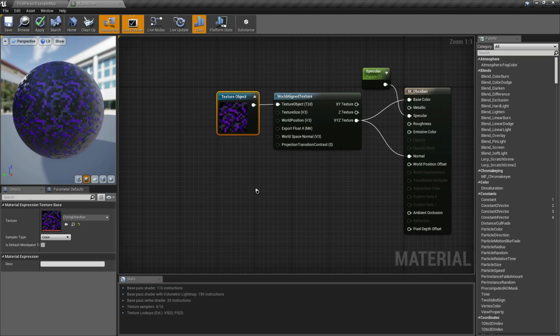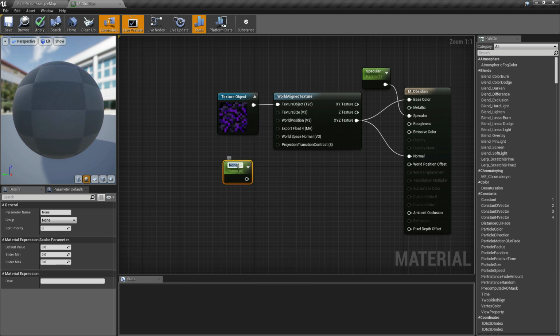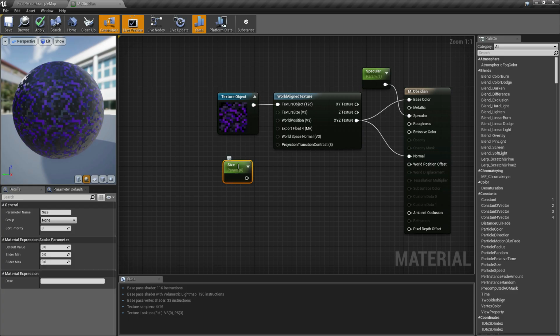And then to align the size of the texture on our level, we're going to create another node, a scalar parameter. We're going to name this size. And let's connect this size on the texture size.